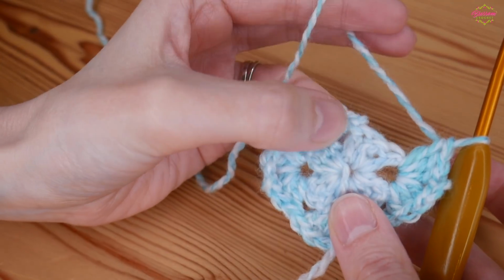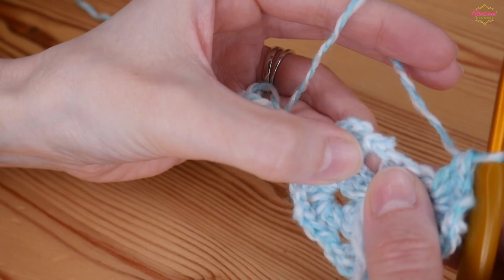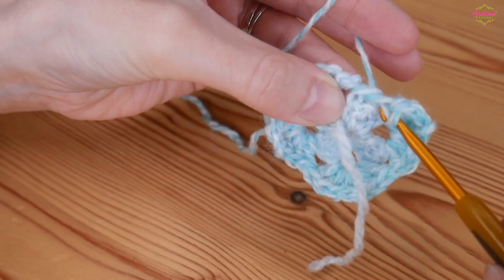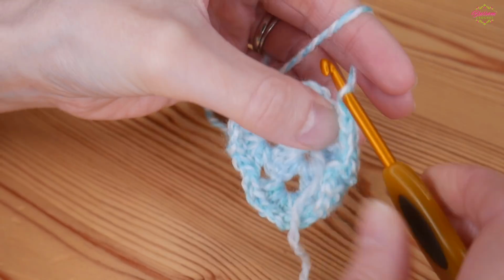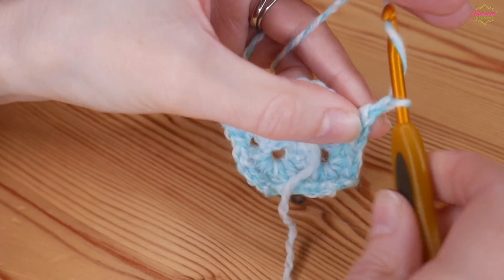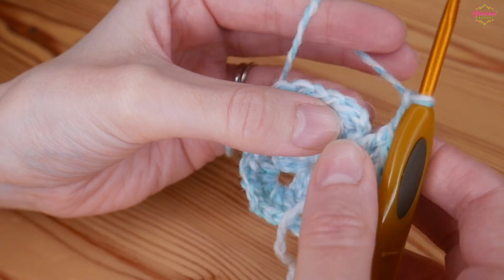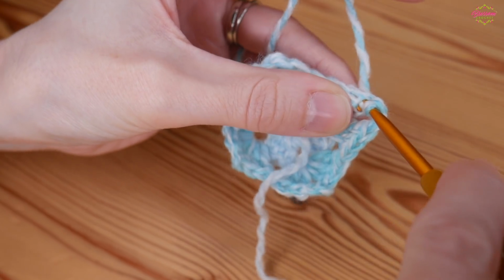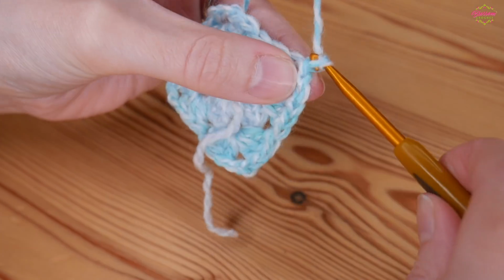Okay, so I finished that corner and I need to finish off the corner where we started. So we've already got half of it, but into that corner space we want to do our other granny cluster. So straight into that corner space you'll do your 3 trebles, create your corner space with your chain 2, and then again you're just going to slip stitch to the top of that chain from the beginning of the round. So slip stitch into there, and this is where I'm going to change colour, so I'm just going to chain 1